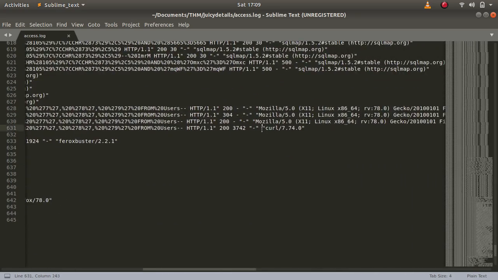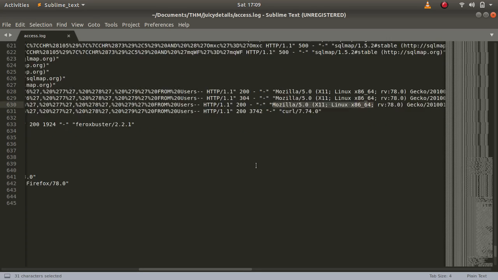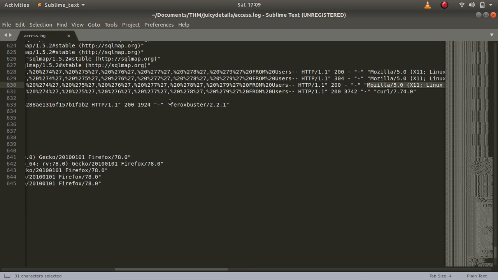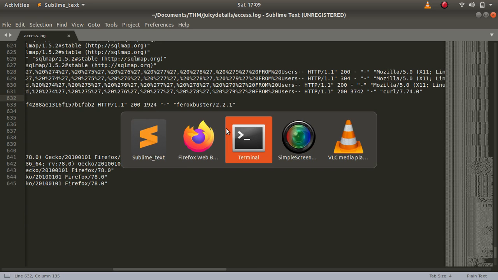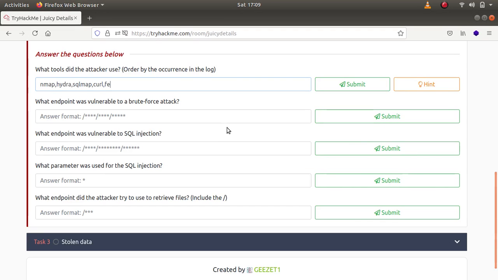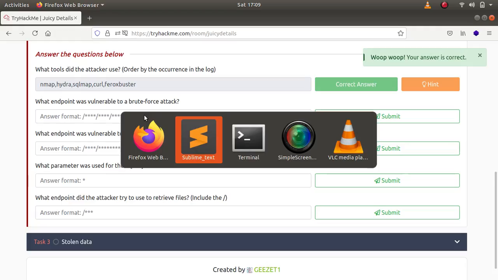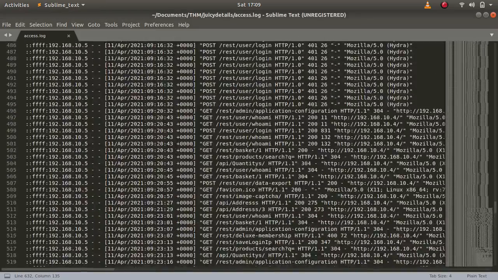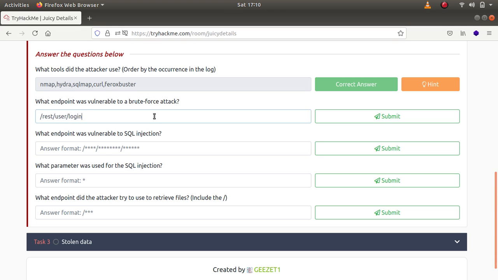Then we have curl over here, just after the Mozilla one. So curl is the next one, and the next, just after the curl, is Feroxbuster. I do not know what this tool is for. So which endpoint was vulnerable to brute force attack? Just as we saw that they used Hydra for brute forcing, and this was the endpoint which was vulnerable